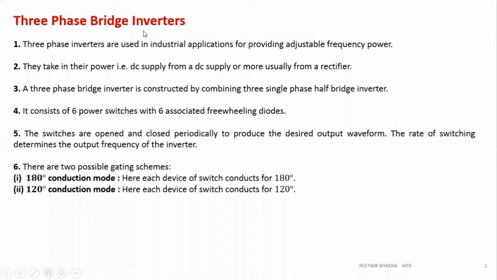How do we operate the switches? How do we operate an inverter? We described our modes in the previous lectures. One switch will be open, we'll draw a circuit. One switch will be closed, we'll draw a circuit. Similarly over here also, in three phase inverters, switches are open and closed periodically, and according to that the output waveform is plotted. Now when we are talking about three phase bridge inverters, we have two modes of operation or two possible gating schemes. How the gate pulse is given to the switches, that is how the switches are on.